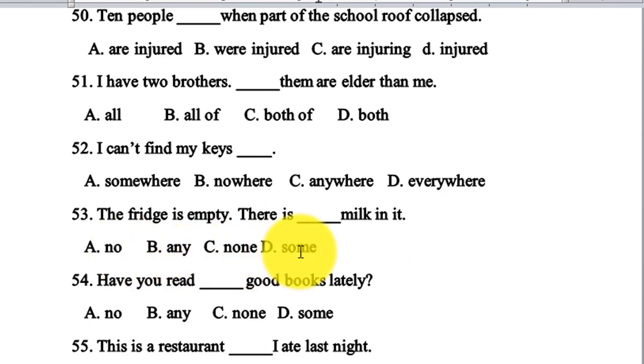Some for positive meaning, countable and uncountable. None, negative meaning, and any for questions and negative statements. No has a negative meaning, but it precedes a positive verb. For example, the fridge is empty, there is